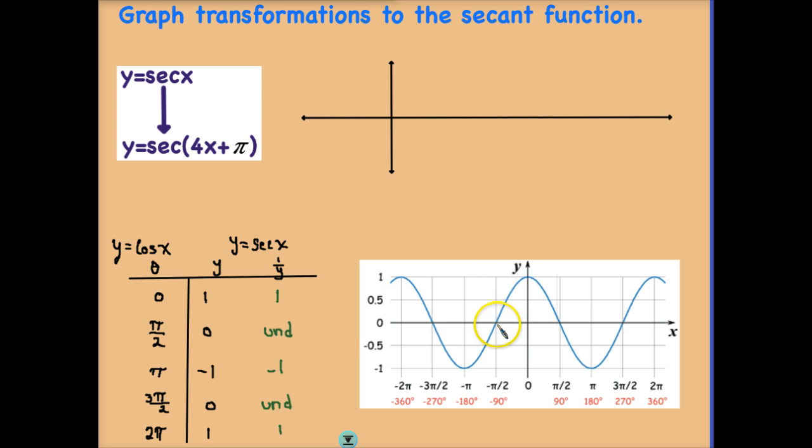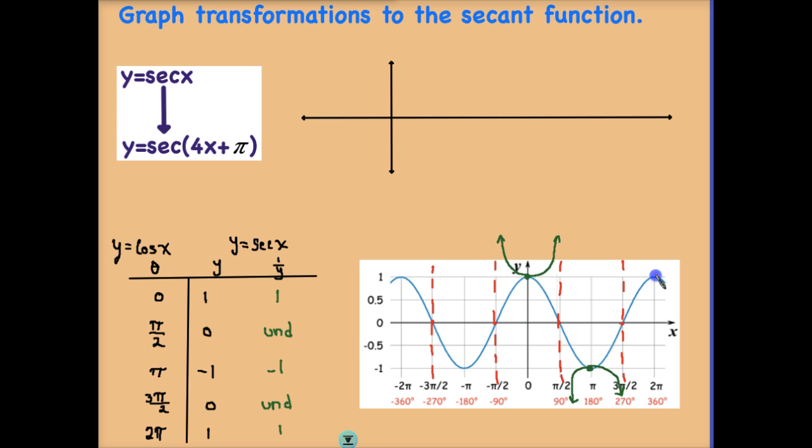Graphing these, once again, we know that anywhere where we see a value of 0, here, here, here, and here, we would need to draw in some asymptotes. The behavior of the secant graph works the same as the cosecant graph. It looks the same. So remember, when we have 1, and the reciprocal is 1, we're going to have a point here, and the end behavior will follow these asymptotes. Same thing with our amplitude down here at negative 1. Well, the reciprocal of that is still negative 1, so we would come down here and draw in our parabola